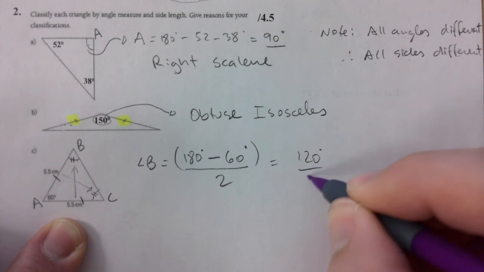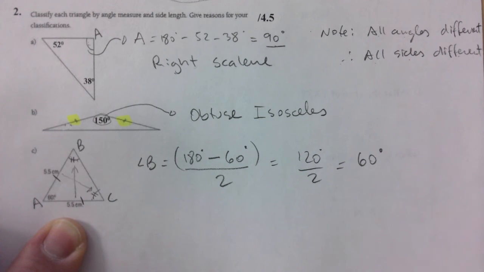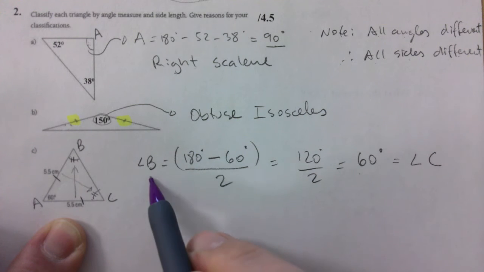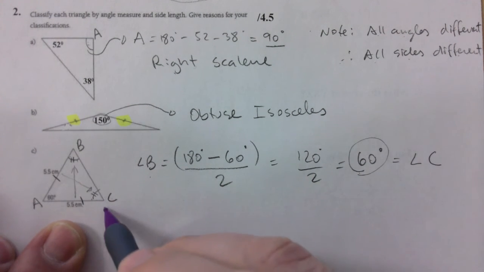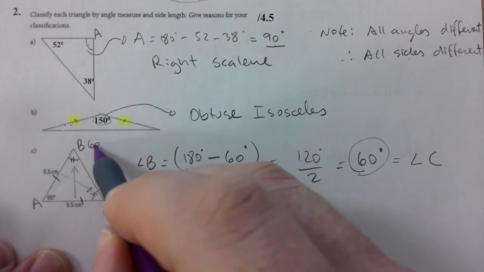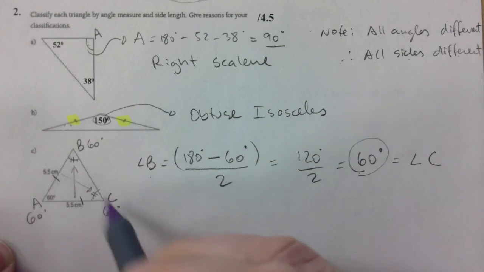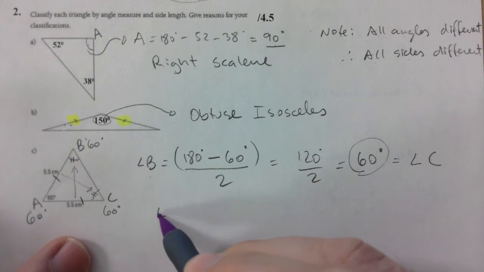So that's 120 divided by 2, which is 60 degrees, which is also equal to angle C, right? Angle C and B, they're the same, they're 60. So now we know that this is 60 degrees, this is 60 degrees, and this is 60 degrees. This is actually an equilateral